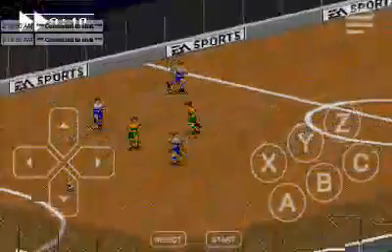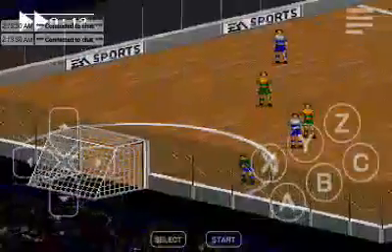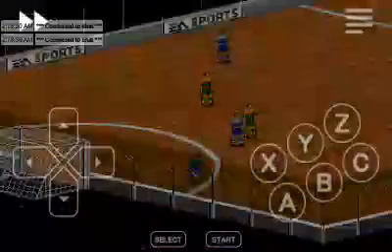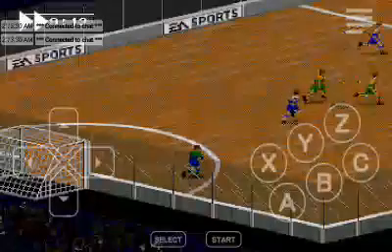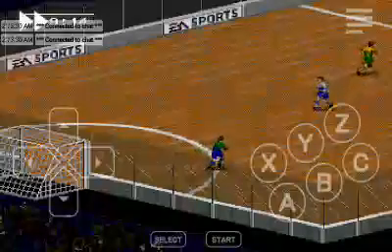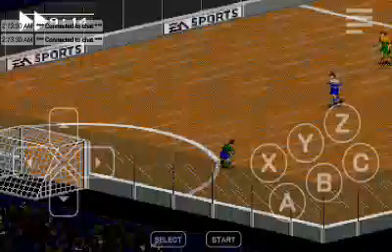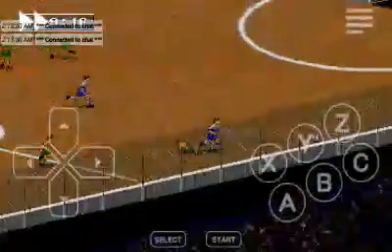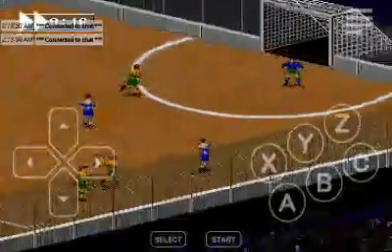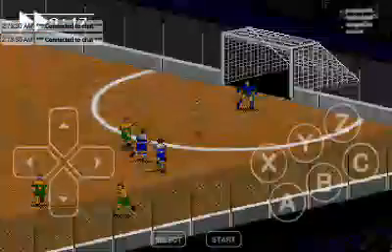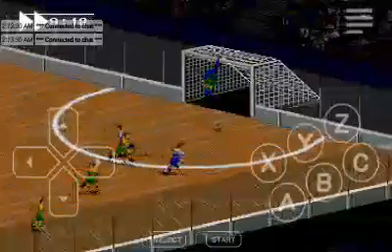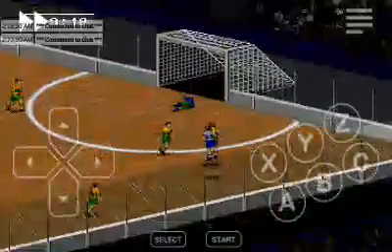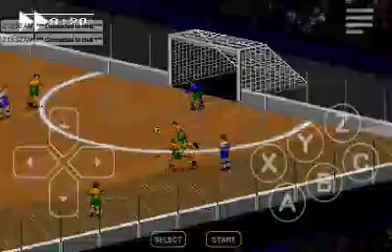Dallas recovers in the middle of the field, but the goalkeeper from Vancouver goes to the ball and grabs it. Oh, Vancouver shoots! And he gets stopped by Dallas goalkeeper.